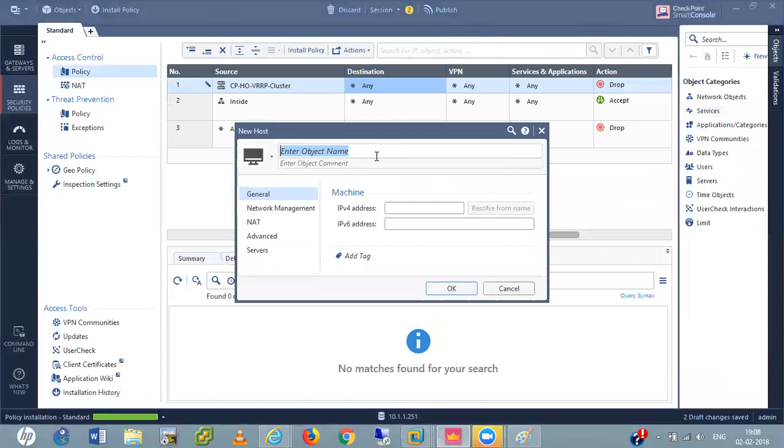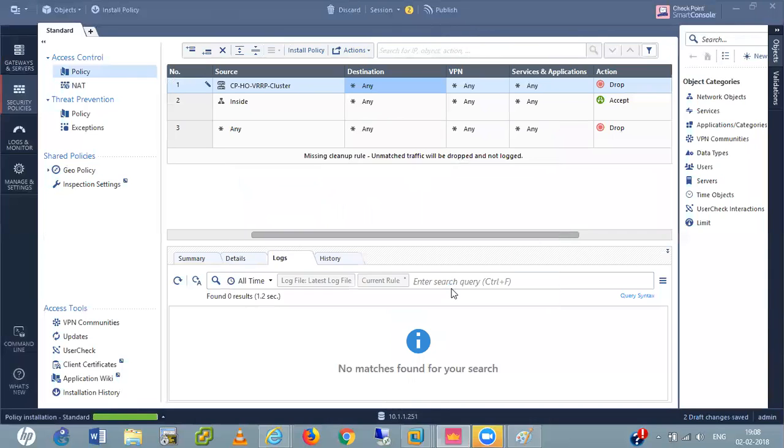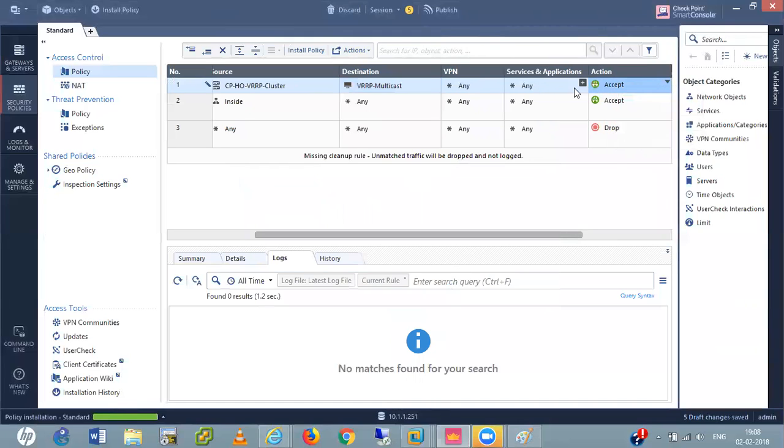VRRP multicast. The address is 224.0.0.18, right? Okay.